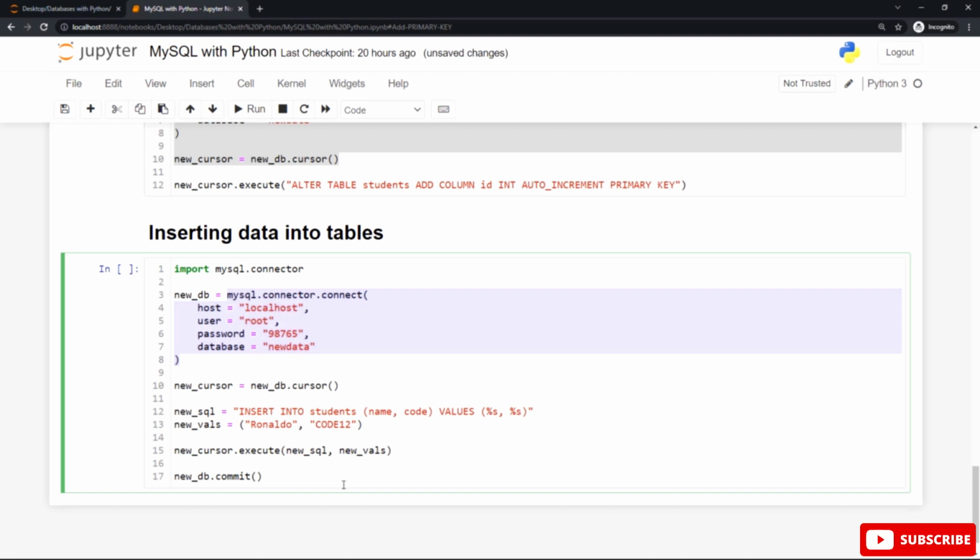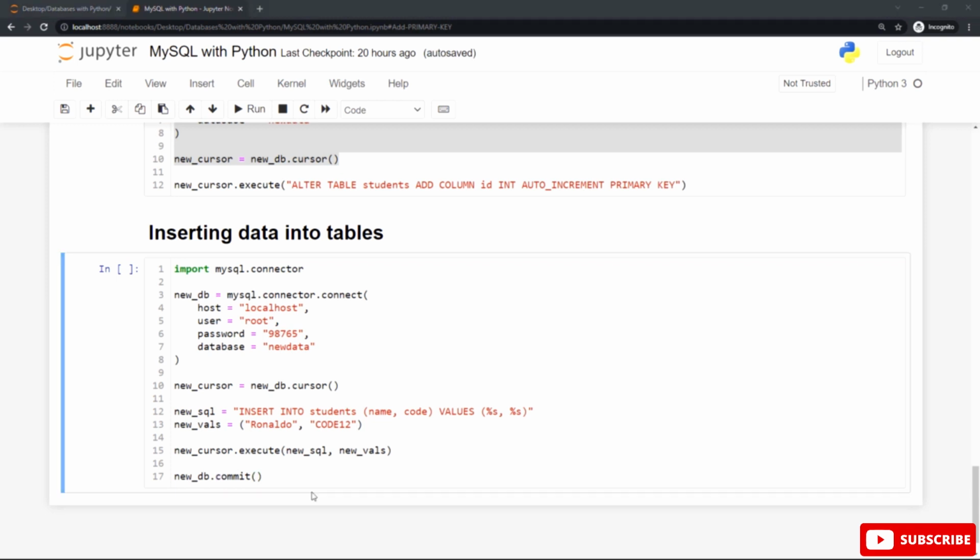This is required to make the changes, and as we said before, otherwise no changes are made to the table. So make sure to put the variable name newDB here, followed by the dot notation, followed by the calling of the commit built-in function.